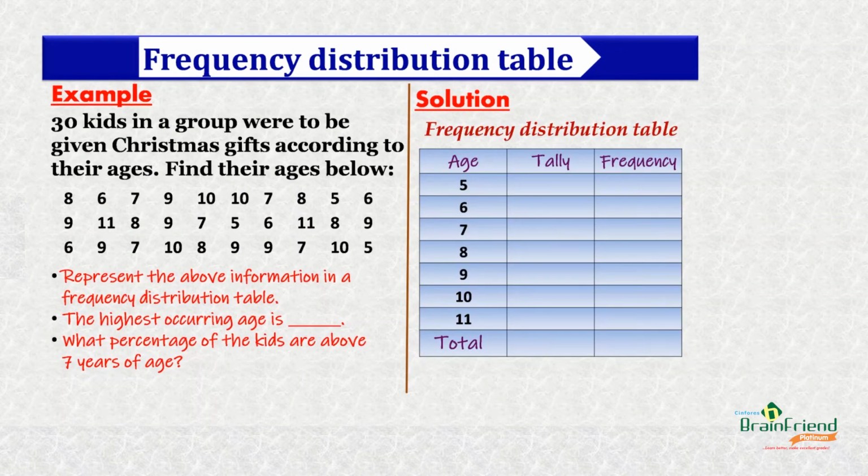Example 2. 30 kids in a group were to be given Christmas gifts according to their ages. Find their ages below. You can see their ages here. Now, we are asked to represent the above information in the frequency distribution table. We already have our array of the age. The next thing to do is to go ahead and represent our data in the tally system. As usual, from row to row, we have 8, a stroke, 6,